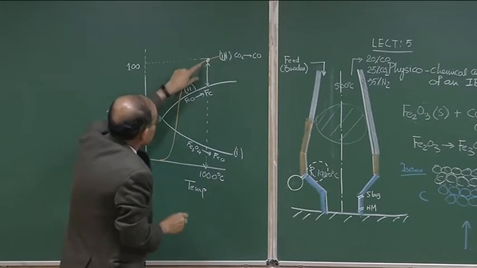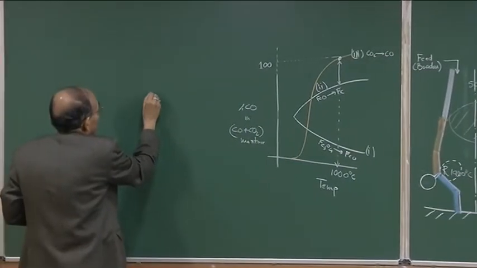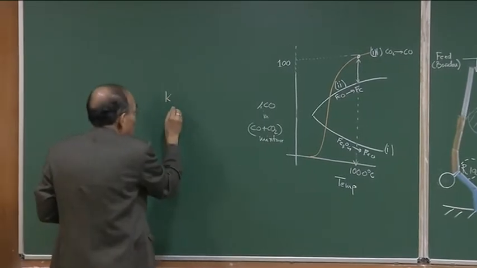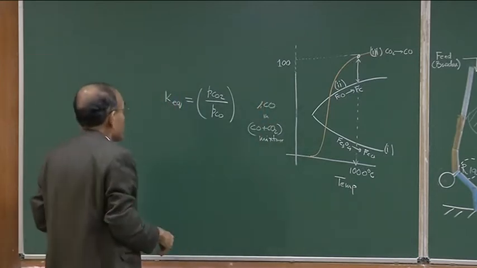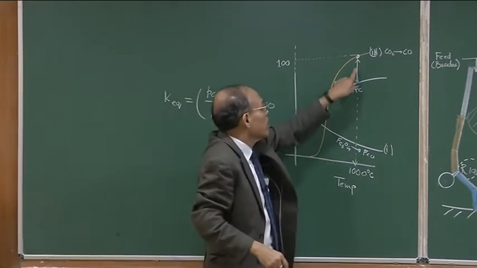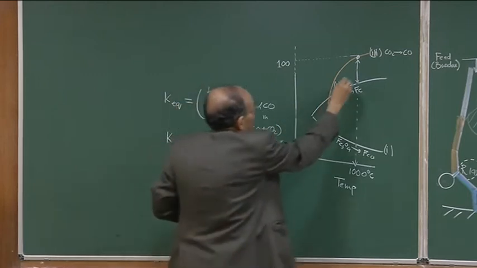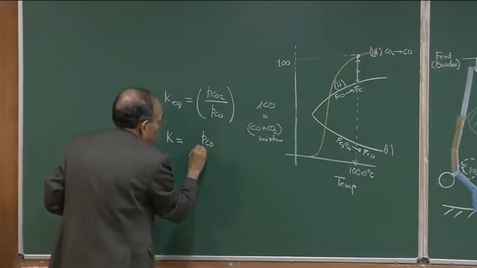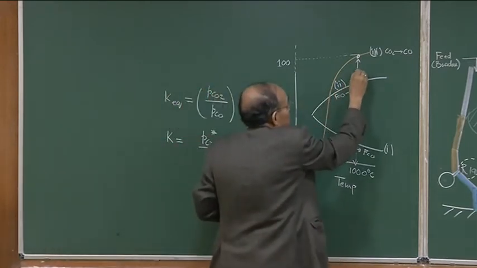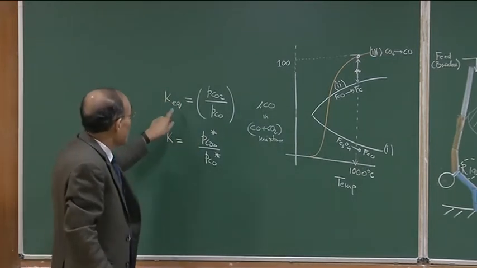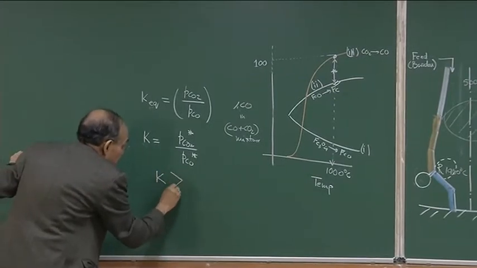So, if it reduces FeO to Fe, and this part, because it is above this line, any point above the equilibrium line, what does it indicate? That at any point of time you may have a K, the constant, not equilibrium constant, equal to PCO2 by PCO, whereas the equilibrium constant for this oxide reduction reactions, equation 1 and 2, is different. Suppose as the reaction goes on, at this particular point, the PCO and PCO2 is not equal to this, which is the equilibrium value here. So, suppose we calculate the K value, and this K value essentially is going to be PCO2 by PCO. If I determine the ratio, and I give it notation of star, this is the location. This essentially means that whatever is the value of K equilibrium, which is this, and this is the value of K. So, the moment K is greater than K equilibrium,